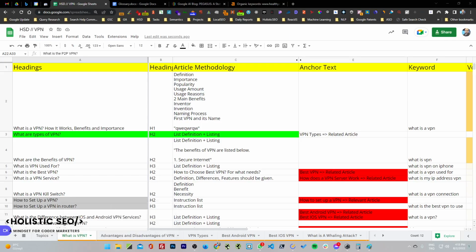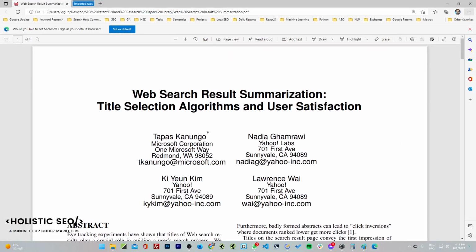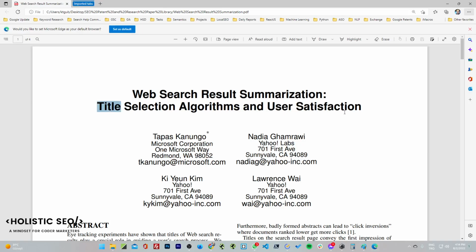I will try to show you a simple piece of research from the past. This research is called web search results summarization, title selection algorithms, and user satisfaction. The most important person in this paper is Tapas Kanungo, a researcher and scientist. He explains that if the chosen title is not compatible with the chosen document, it is misleading. At the same time, a user click or visit has multiple purposes, multiple